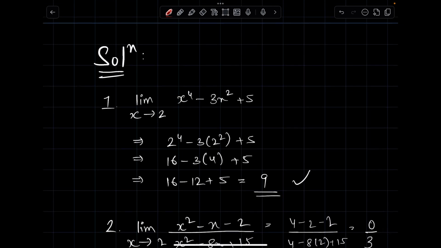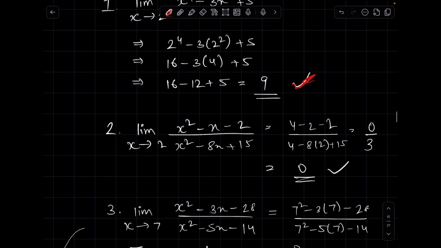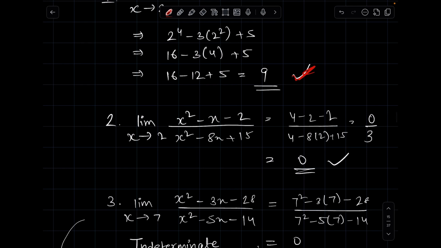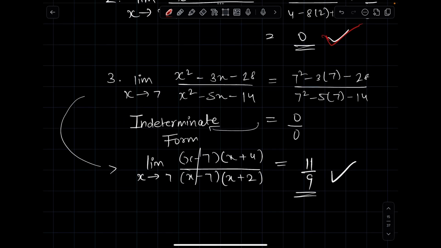For the first question, you're basically going to input the limit, and we get the answer 9. If you got 9, correct, well and good. In the second one, we're going to do the same. We get 0 as the numerator, and therefore your answer is 0. I hope you got that correct as well. These are all easy questions. In the third question, when we input x is equal to 7, we get 0 upon 0. That's an indeterminate form. So we'll factor the quadratic expressions, cancel out the x minus 7 term, and